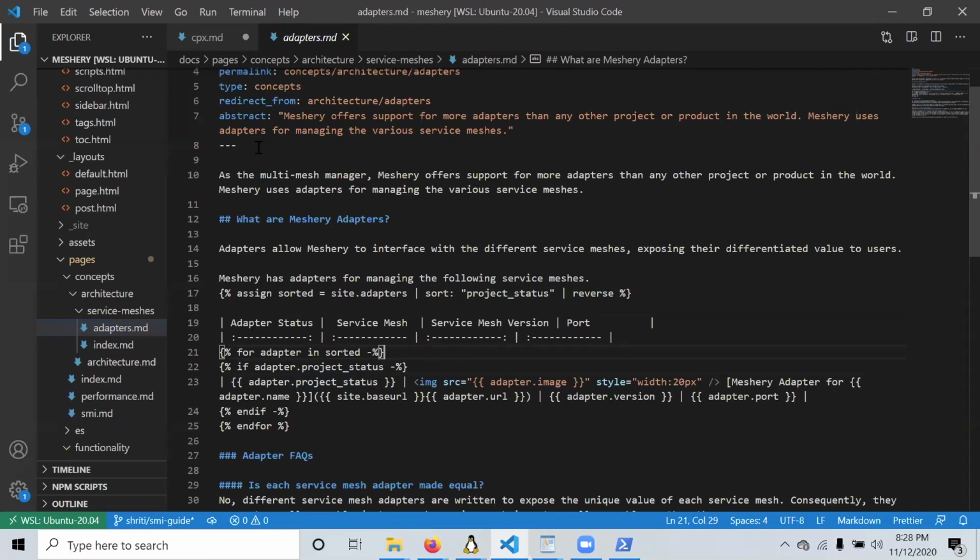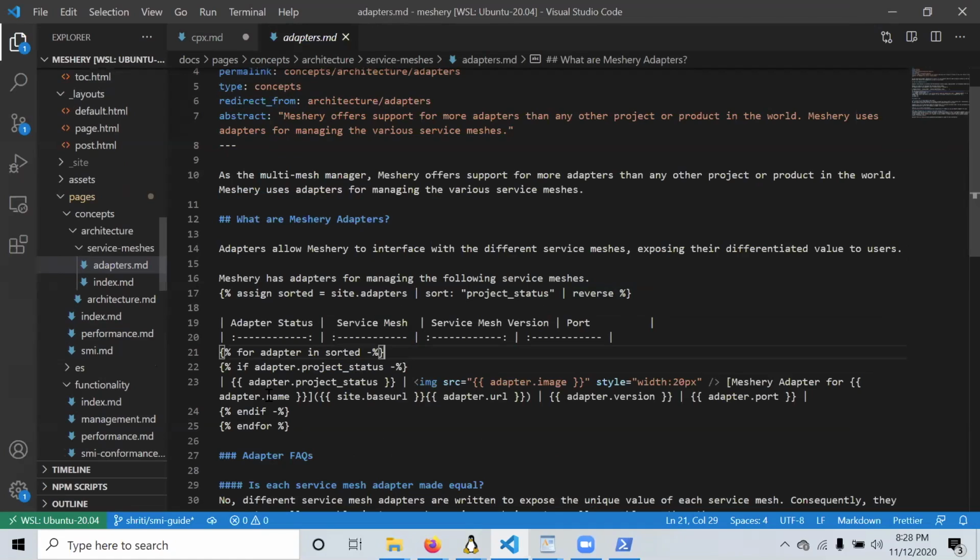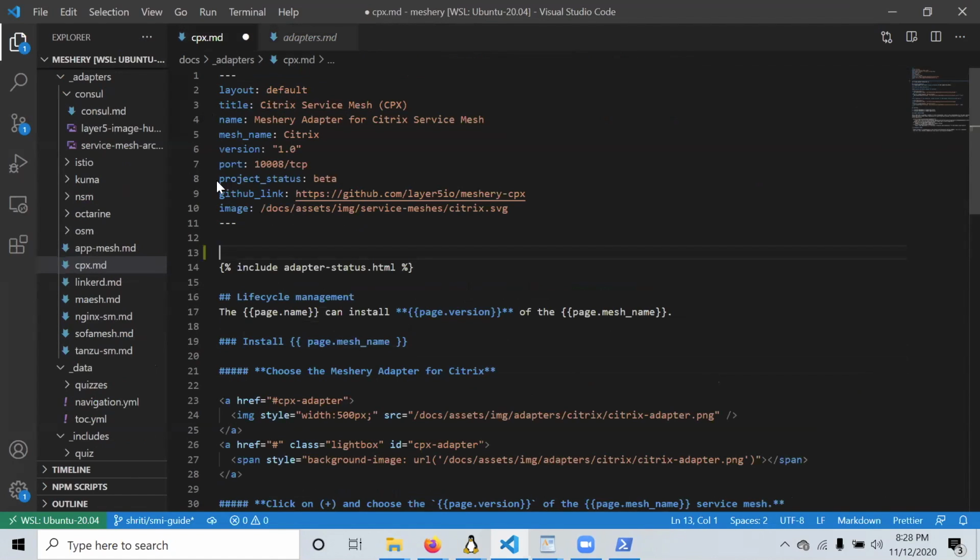We can simply define it in the front matter in the adapter pages, and we can source it directly here without manually loading it out. So adapter project status will simply go to this page, source the project's data for each adapter file inside the adapter folder, for example, beta here, and it'll come back to this page and be displayed.